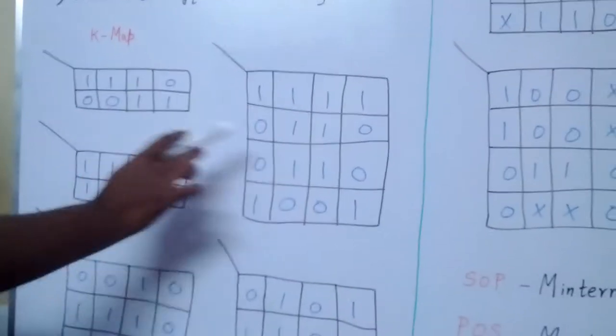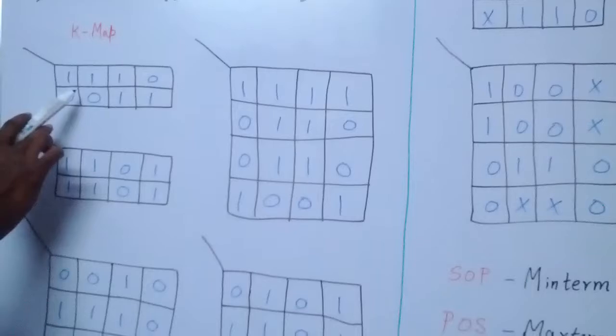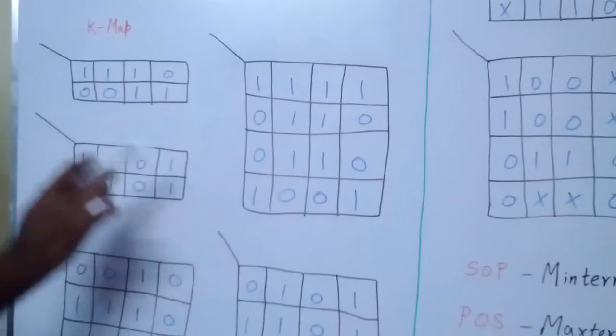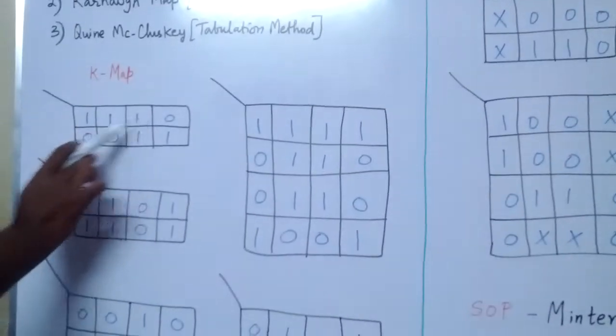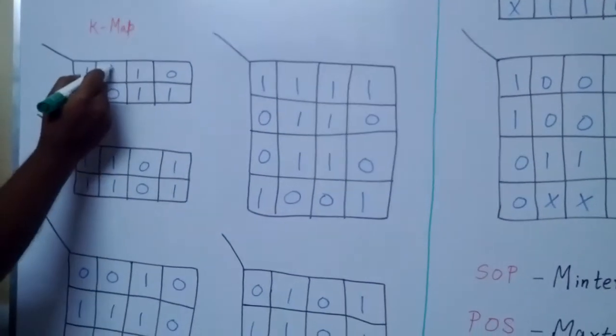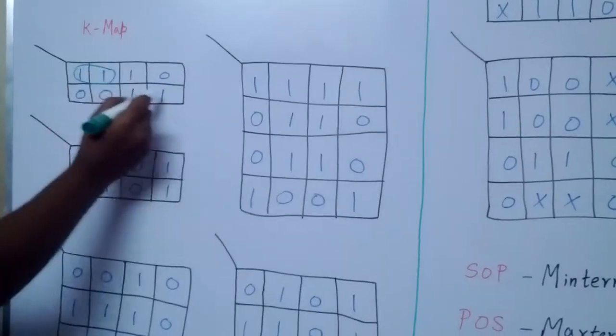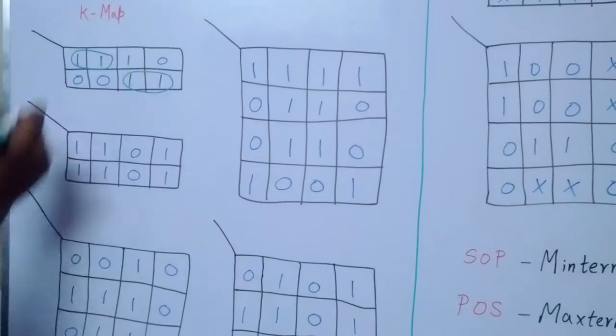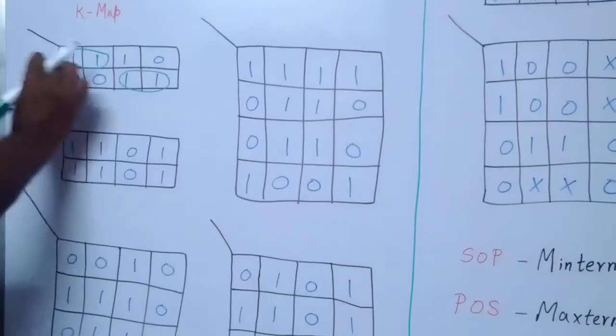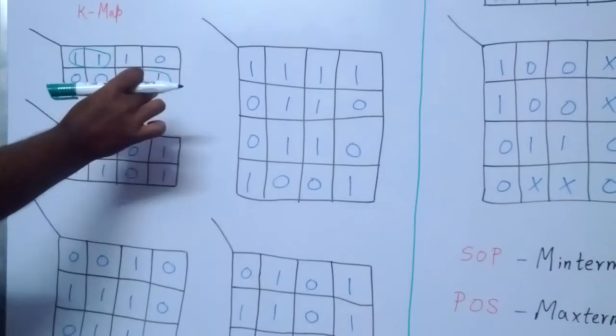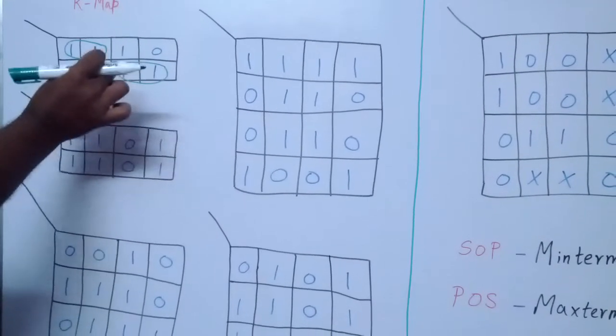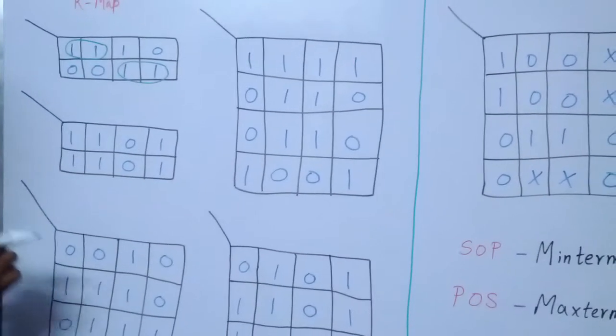Now we'll see K-map, which is very important. K-map, 3 variable K-map and then 4 variable K-map. For the 3 variable K-map, I'm going to teach you how to group. Suppose we have ones here and zeros here. These two ones, adjacent ones can be grouped. How to write the min terms, that is how to write the SOP and POS, we will see in the